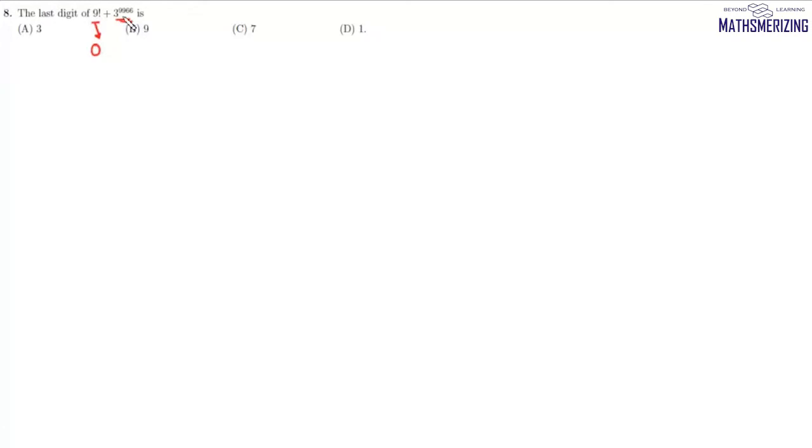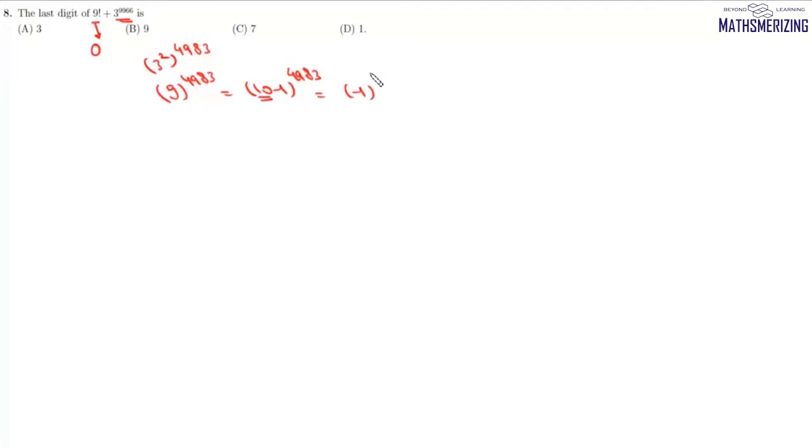Now what about this? We can write 3 to the power 9966 as 3 square to the power 4983. So it will be simply 9 to the power 4983. Now we can write this as 10 minus 1 to the power 4983. Now using this shortcut,